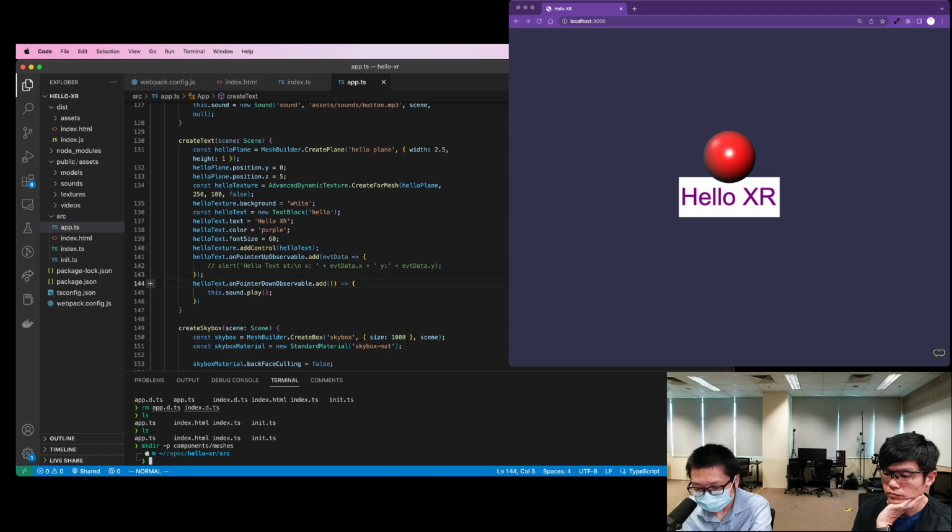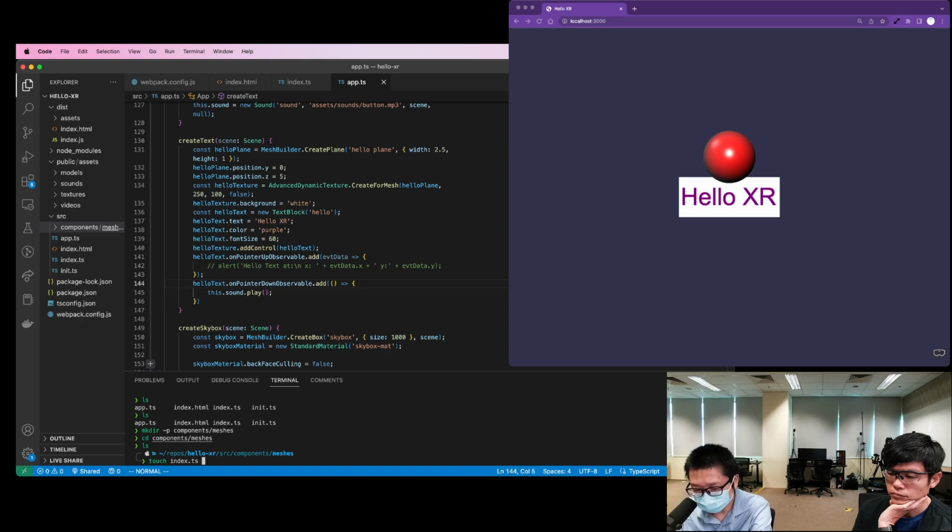So we add two directories. So we get components meshes here. I will create two files here. One is called index.ts, and also another one is what we call